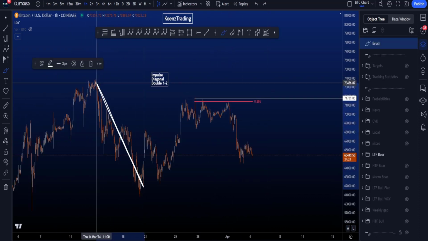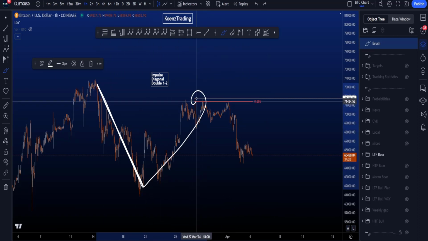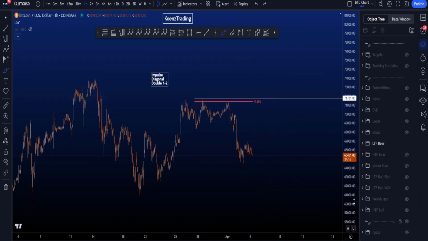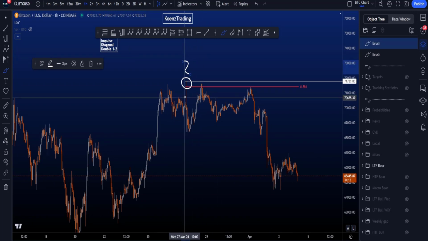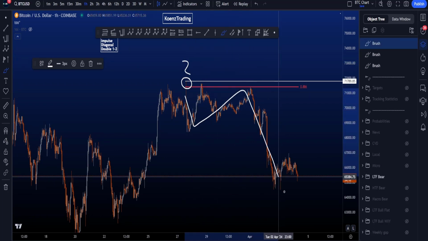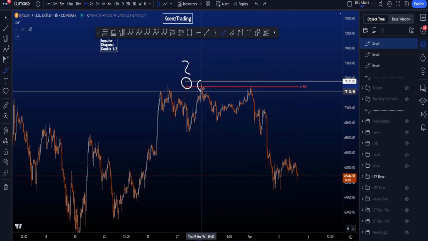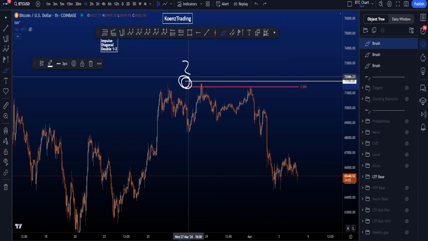If this would be an impulse to the downside in a wave 1 and we have a finished wave 2, and we're looking for a wave 3 to the downside for much lower prices, then locally, if this is the end of your wave 2, you need to start a new impulse in a 1, 2, 3, and then we look for lower prices. However, this wave 2 then hit the 886 twice, and the 886 taken from this high